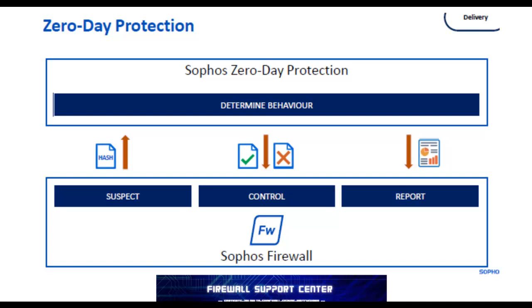Sophos Firewall keeps a local cache of file hashes and the results in a local database to prevent unnecessary lookups. If a file hash has not been seen before, a copy of the suspicious file is sent to Sophos. The file is executed and its behavior is monitored. Once fully analyzed, Sophos passes the threat intelligence to Sophos Firewall, which will determine if the file is allowed or blocked. Finally, Sophos Firewall uses the detailed intelligence supplied by Zero-Day Protection to create deep, forensic reports on each threat